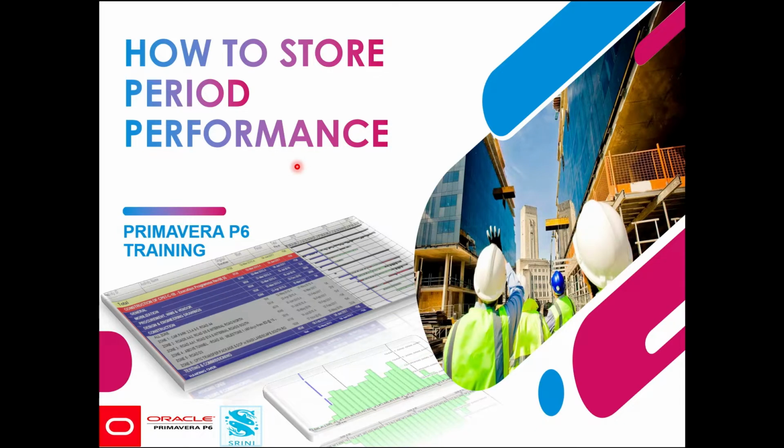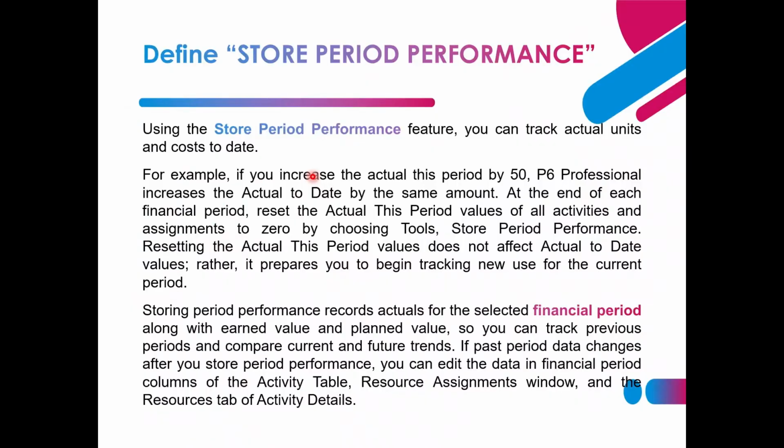Hi everyone. In this video we will see how to store period performance in Primavera P6 version 19. Using the store period performance feature, you can track actual units and cost to date. For example, if you increase the actual this period by 50, P6 increases the actual to date by the same